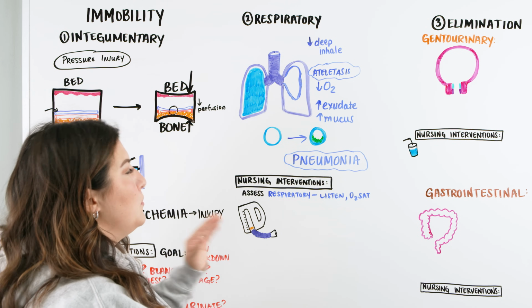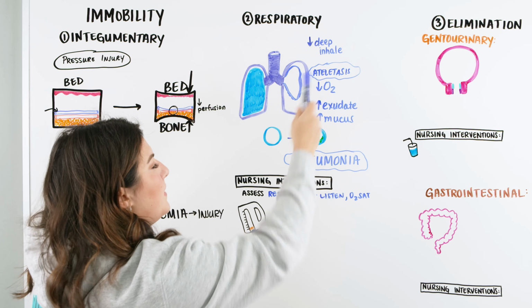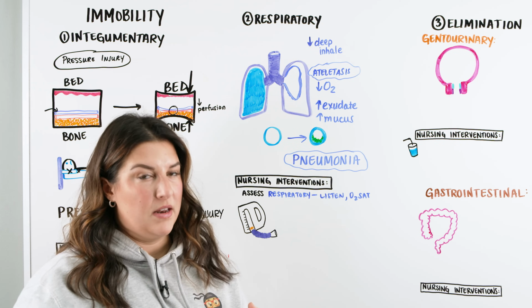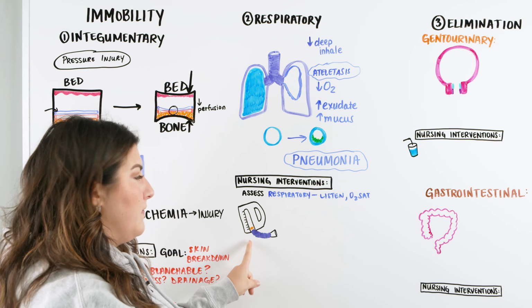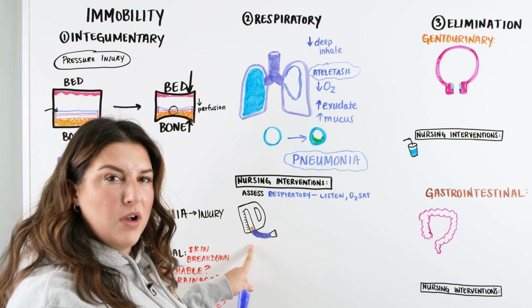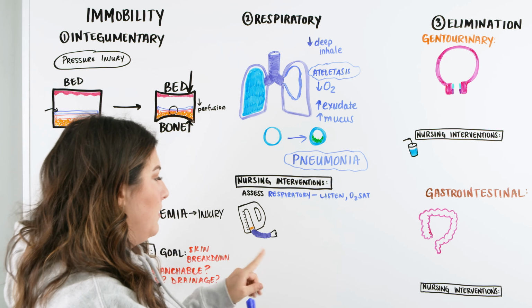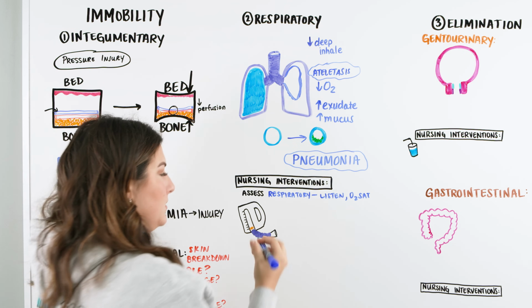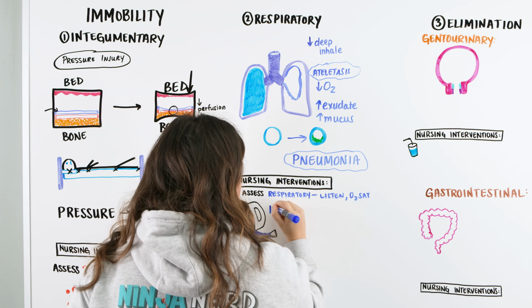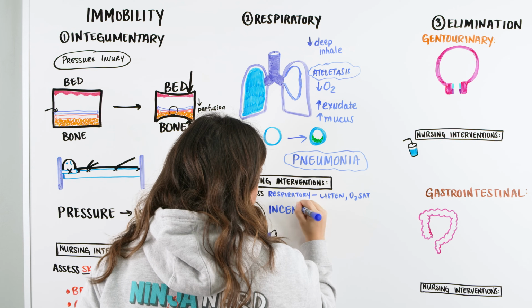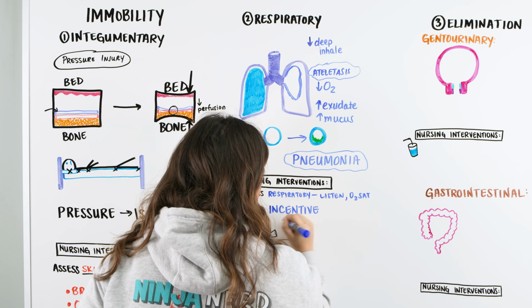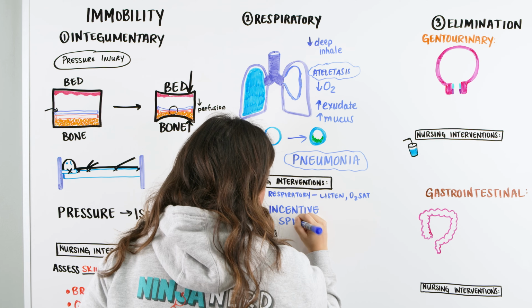And then one of the biggest things we want them to do, right, is they have this decreased drive for a nice deep inhale. So what is something that we can give them at bedside in order to make that drive, right? Make them start to think about taking a nice deep breath in. What is this thing right here? What is this thing hopefully you've seen before in the hospital? The incentive spirometer,